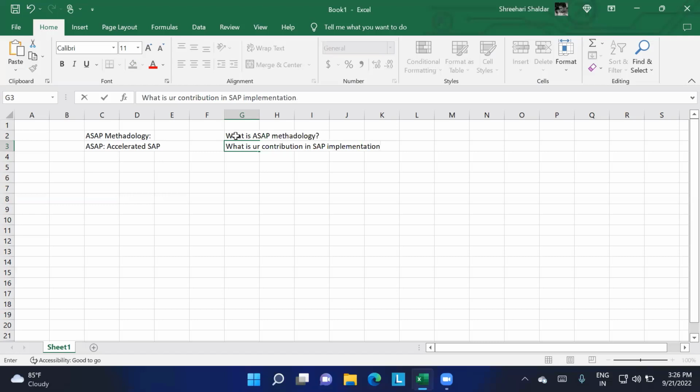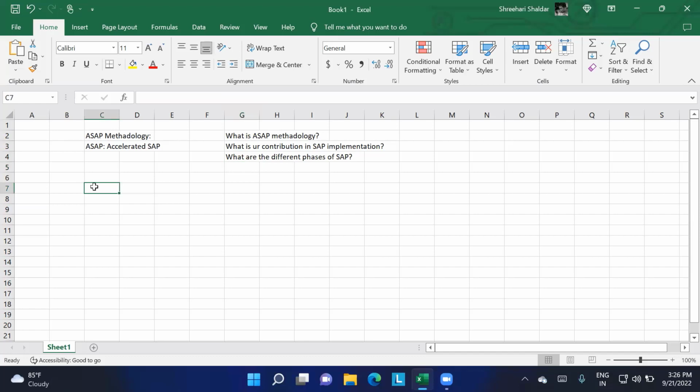If you have put an implementation project on your resume, they may ask this question. Then the third question might be: what are the different phases of SAP? These are the three questions which may arise on SAP methodology.